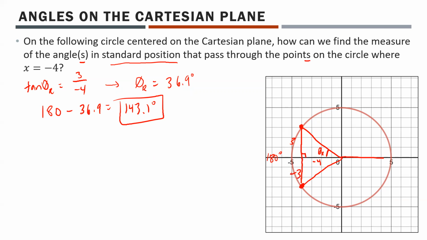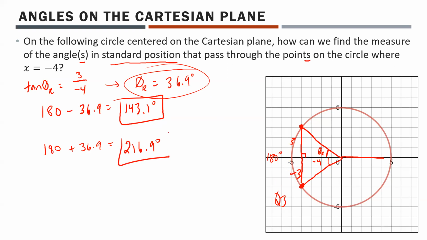This time, this side length is -3. Not that it matters when you're using inverse trig on this, of course, we just make it positive anyway. What you'll notice is it'll give you the exact same reference angle as the other one, because the side lengths, like the opposite and the adjacent, they're the same. So we'll have the exact same reference angle, but this time, because we're down in quadrant 3, we're getting an angle bigger than 180 degrees. So we need to take 180 and add 36.9 degrees to it. So 180 plus 36.9, that gives me